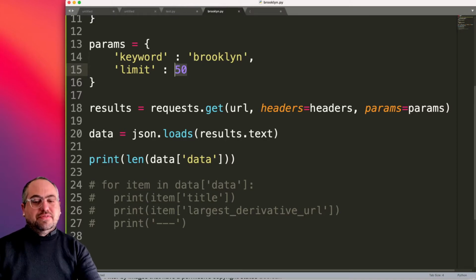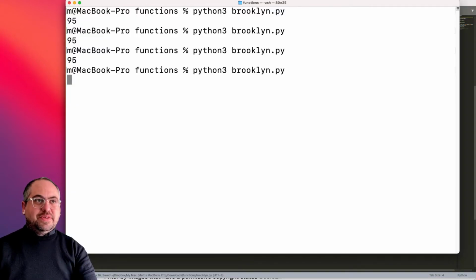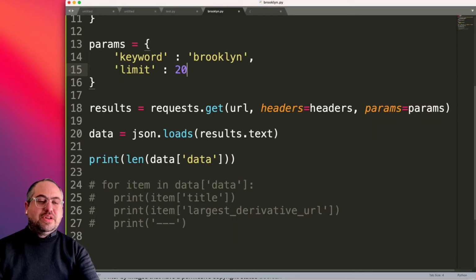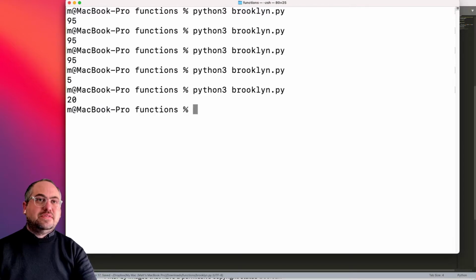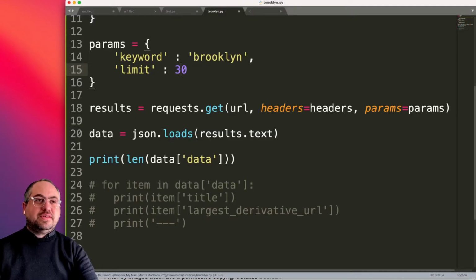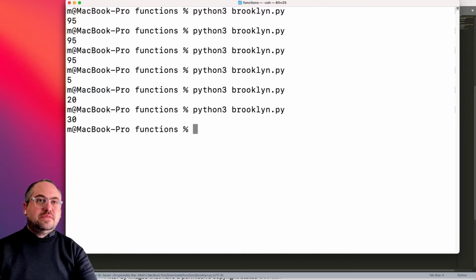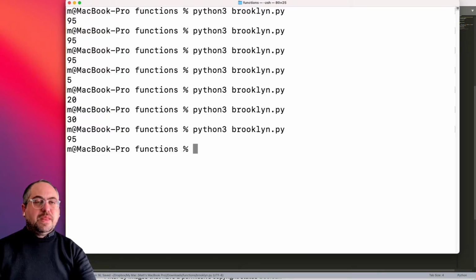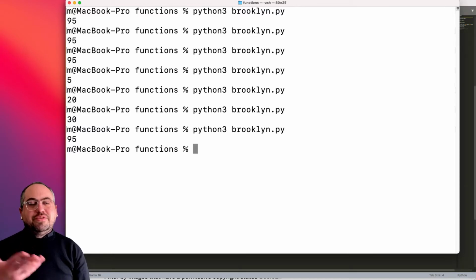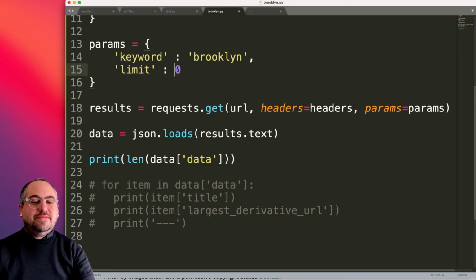certain limit, let's say if we say 5 things, do we get 5 things? Yes. If we say 20 things, do we get 20 things? Yes. 30 things? Yes. 40 things? No. All right, so I think somewhere between 30 and 40, maybe 35,